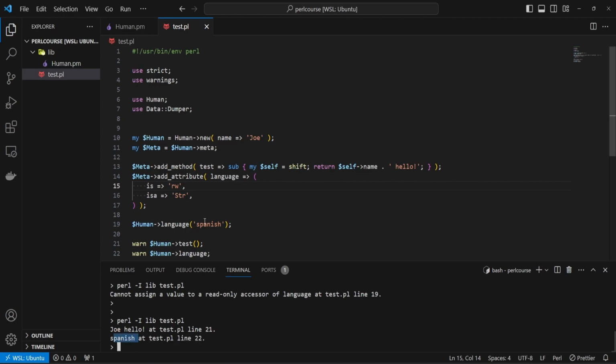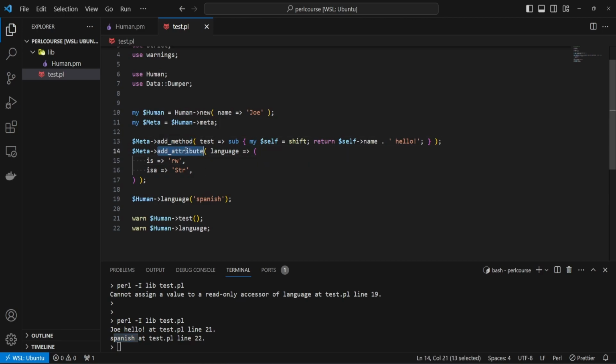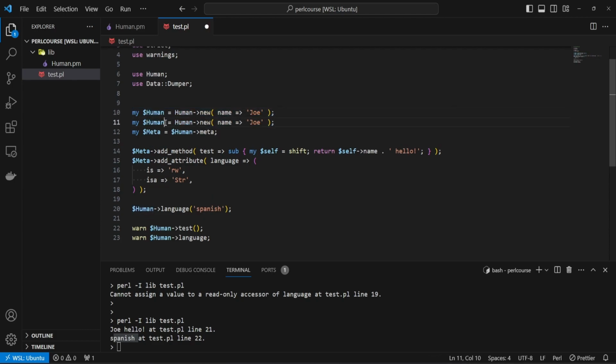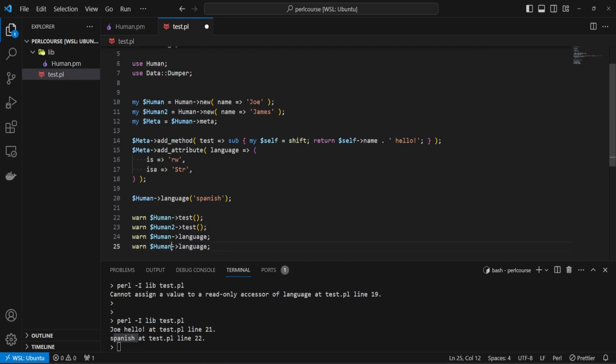The key point here is we're not adding methods and attributes to just the instance. We're actually adding those methods and attributes to the human class. Meaning, if I create a new instance of human, let's call that human2, and name this James. Save that, and we actually want to also print out the second human's attribute. Let's do that with language as well. So human1, human2, language, test, and we also want to set the language for human2, and let's say French. Save that,